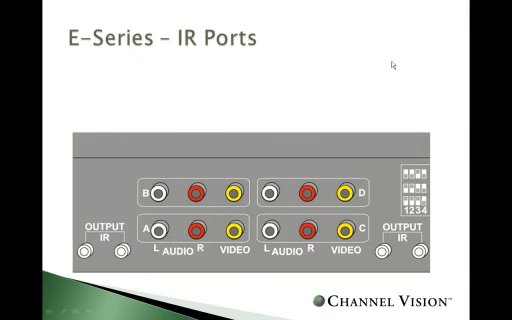Continuing on the back of that E-Series modulator, you also have an IR port. Now, why do I care about the IR port? Well, an IR system is comprised of 3 different elements: the receiver, the hub, and the flasher. Basically, the hub portion of an IR system is built into the E-Series modulator